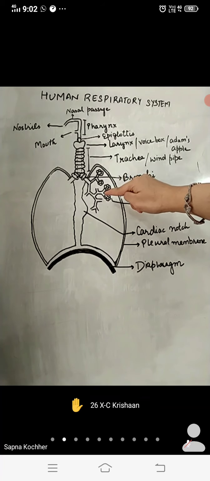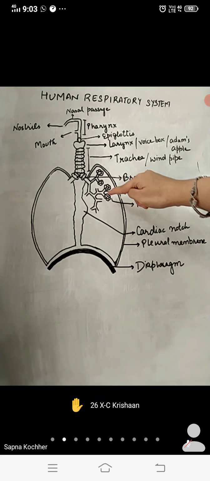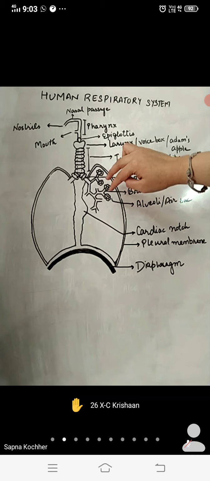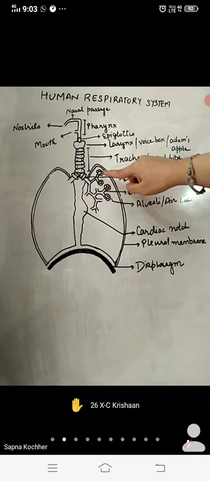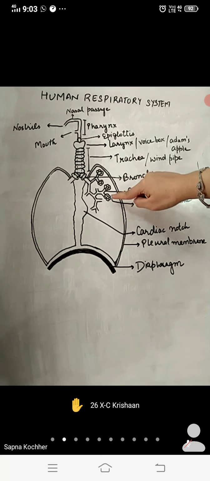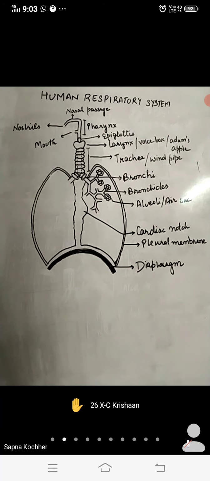ठीक है, सो ये क्योंकि लंग वॉल्स के साथ चिपकी पड़ी है, यहाँ पे हमने बीच में हैंगिंग नहीं शो की है. These are attached to the walls, either to the back side wall or to the front side wall. So these are at the walls. ठीक है, they end up always near the walls, alveoli, and these have the blood vessels in contact with them. They are richly supplied with the blood vessels.